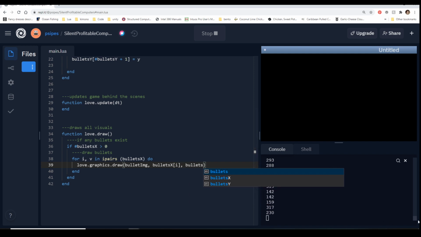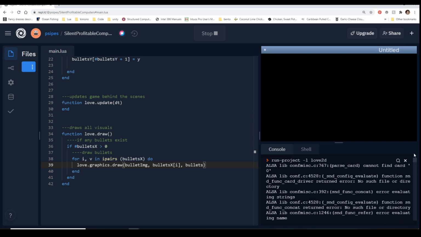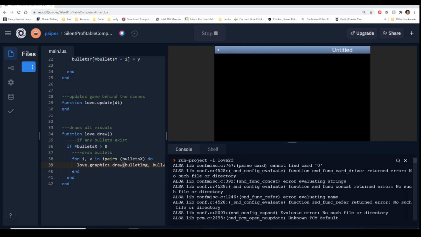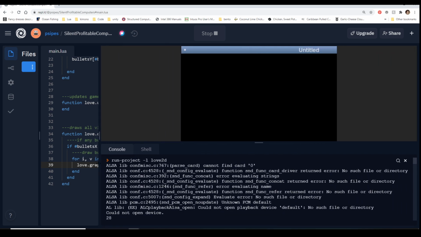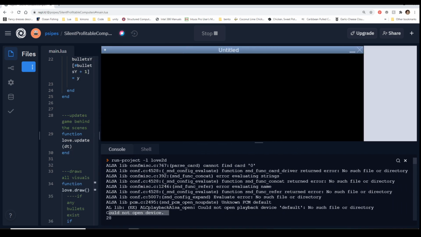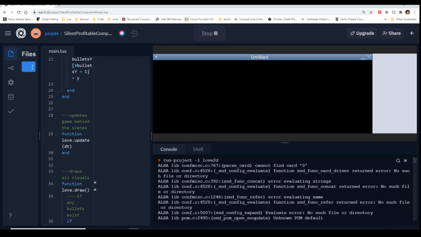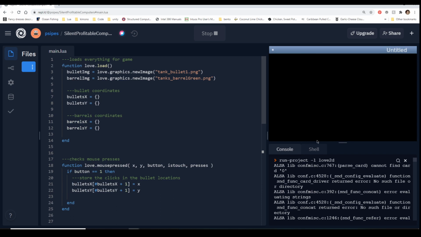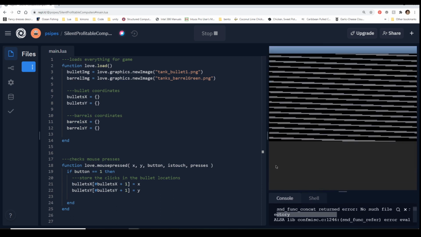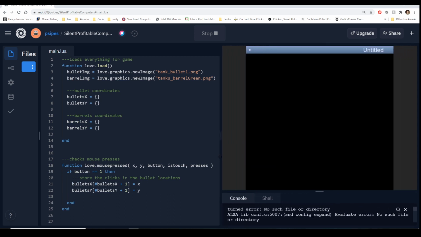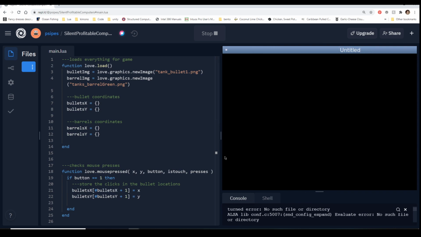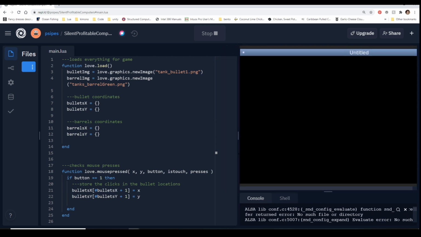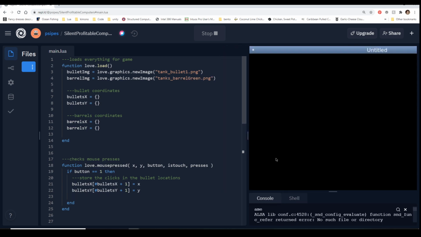It will occasionally say "could not open device." It gives you that. Again, sometimes it's a matter of which browser you're using, sometimes it's a matter of REPL just not working, sometimes it's a matter of your internet and your memory having to do too many different things, so it's just not going to work.